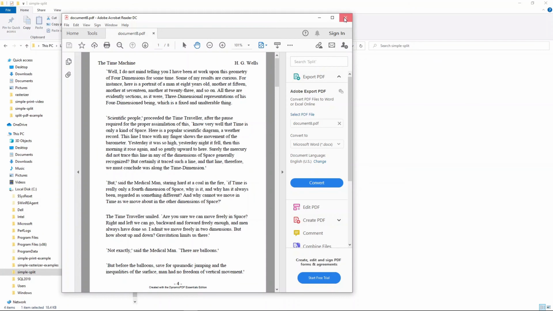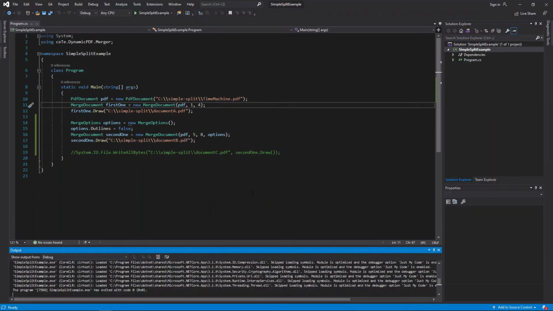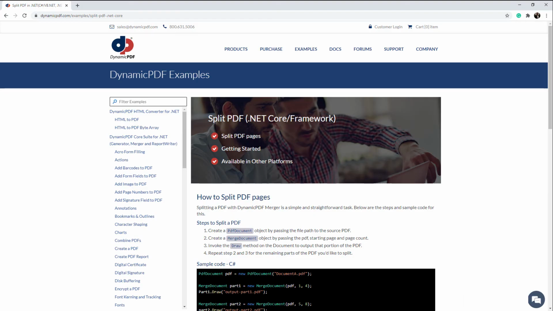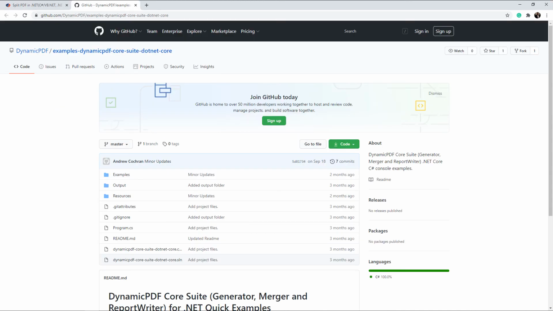DynamicPDF Core Suite's merge and split capabilities are both powerful and easy to use. In this tutorial, you saw just a few of DynamicPDF's capabilities. We split a large PDF into smaller PDFs. We outputted a split PDF to a byte array and then saved it. And we also used merge options to remove unneeded bookmarks. You can download a sample project from GitHub at